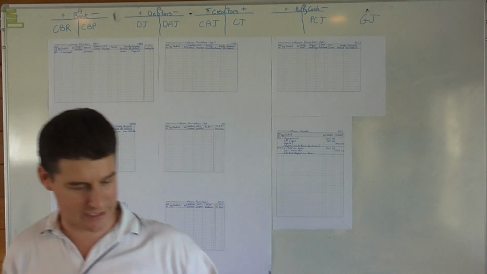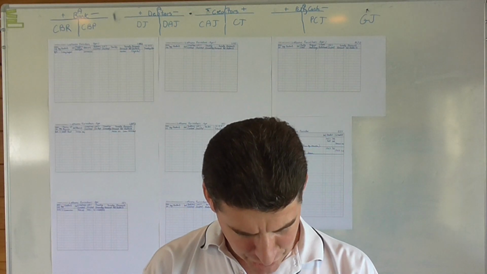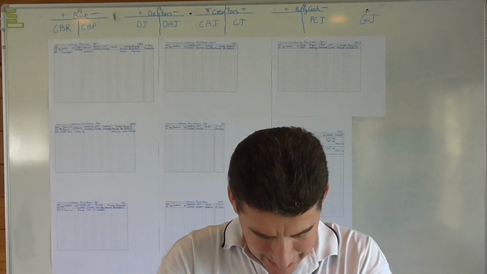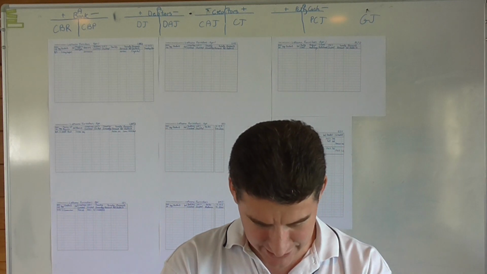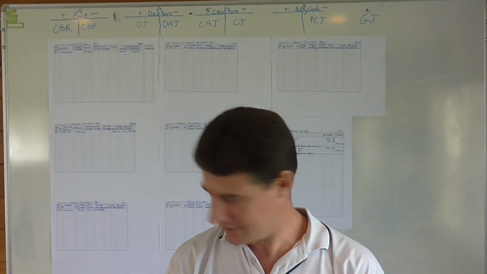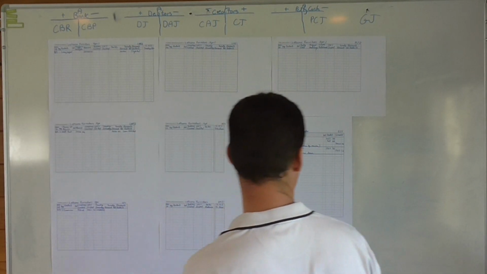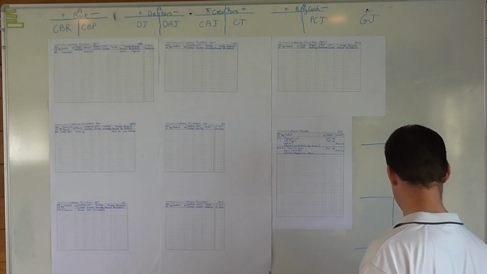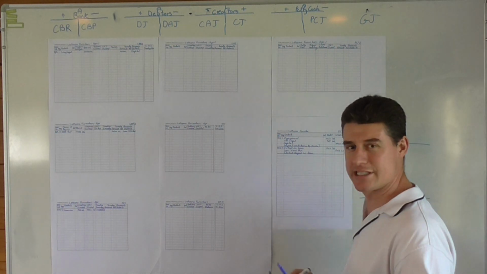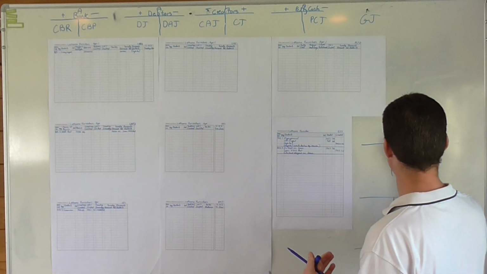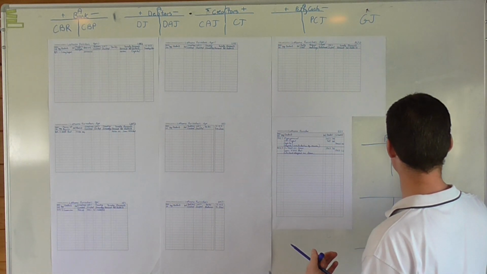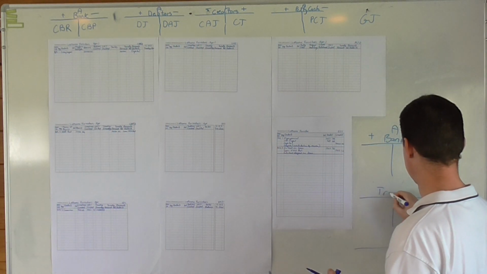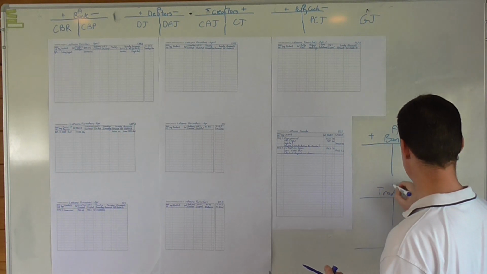Okay, so let's see what's next. Purchase trading inventory by check from High-Low Traders for 17,000. It will more or less be the same as the previous one, except we didn't buy on credit, we bought by check. So your first leg will be bank, which is an asset, plus minus. We purchase trading inventory, which is also an asset,